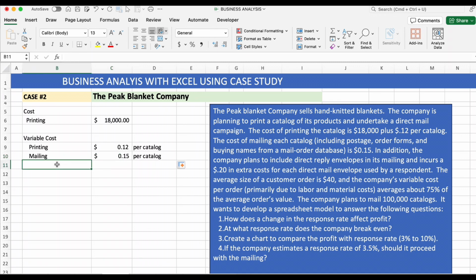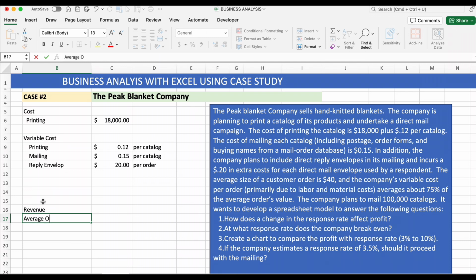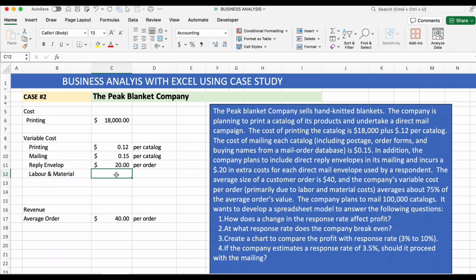So mailing. In addition, the company plans to include a direct mail reply envelope in its mailing and incurs 20 cents in extra cost for direct mail envelope used by the respondent. So reply envelope 20 cents, that's per order. Okay. The average size of customer order is $40. That is a revenue order. Average order is $40. And the company variable cost per order, that's for labor and material, is another variable cost, is 75% of the average order value, equals to